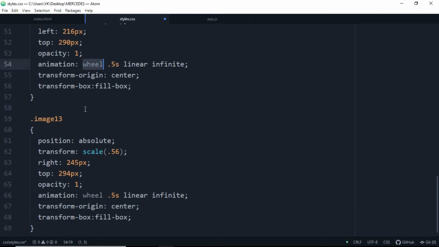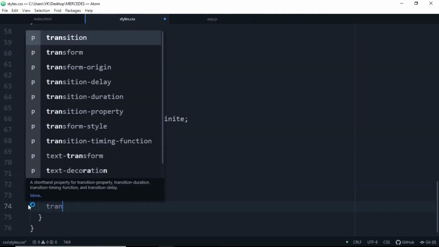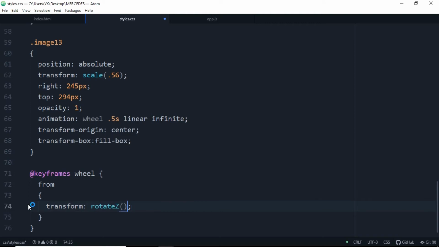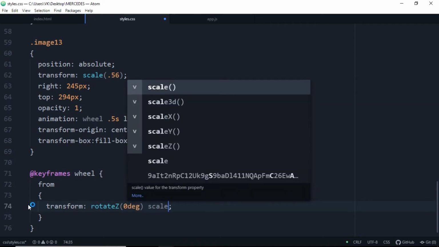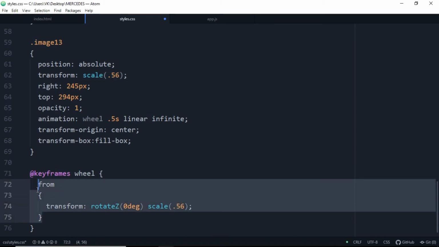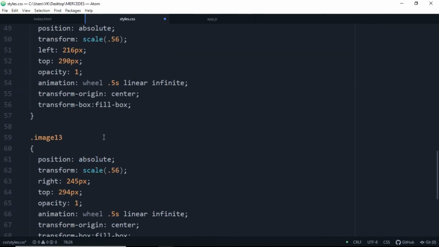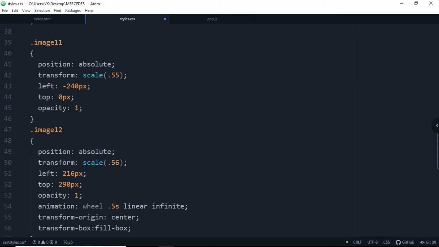And so let's add keyframes of wheel, that is when you're gonna rotate the wheel. So add from, transform it, rotate. We also need to add the scaling property here, because the transform property only takes one property at a time. So we're gonna make sure that rotate and scale are inside of keyframes, so the width and the height of the wheel doesn't get decreased when we are rotating it. And it might get messy if we don't add this 0.56 scaling in our keyframes.